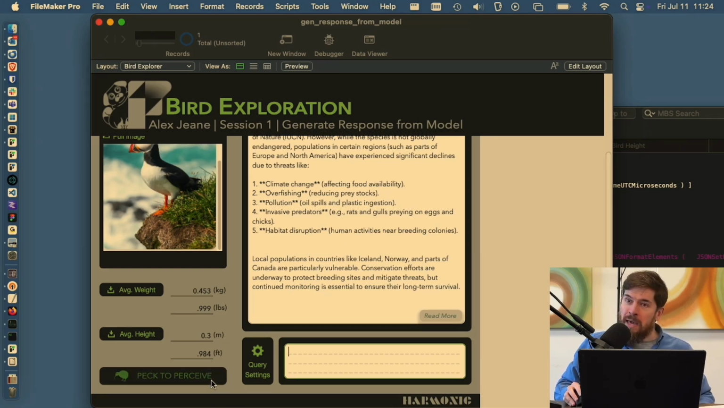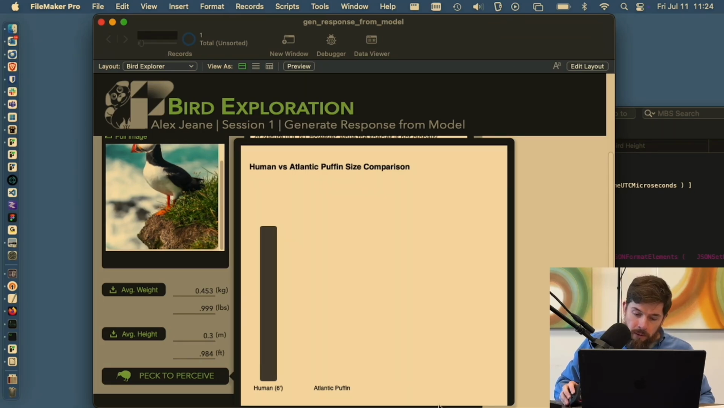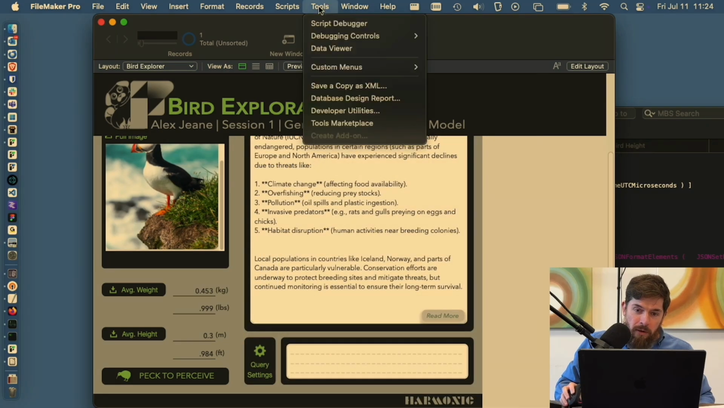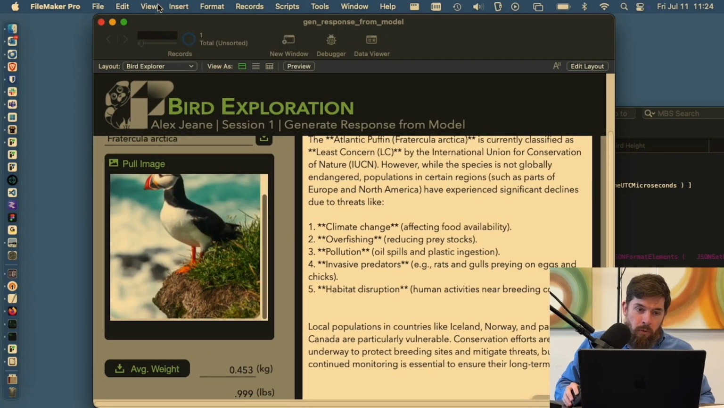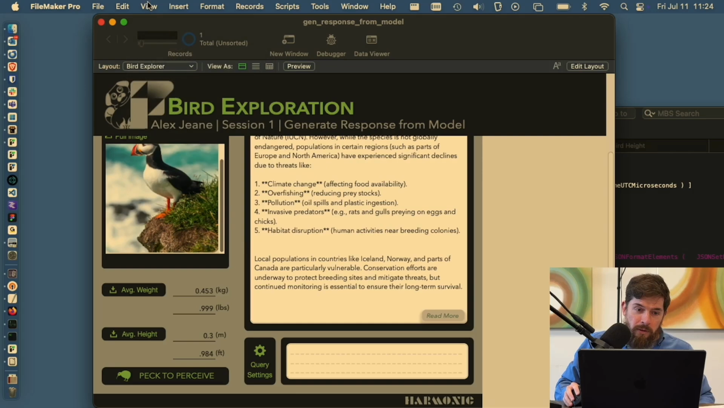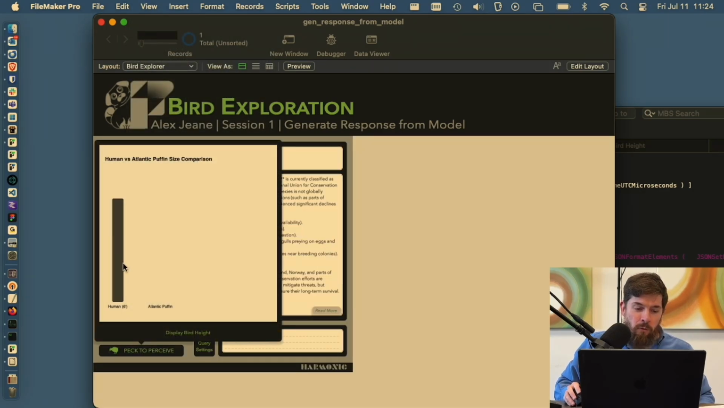We're going to hit the Peck to Perceive button right here, and we have a visual representation. And my button's cut off. That's unfortunate. We're going to zoom. Nope, exact opposite of what I wanted. All right, cool. And hit Peck to Perceive, the visual representation of a 6-foot human, not Alex as a human,